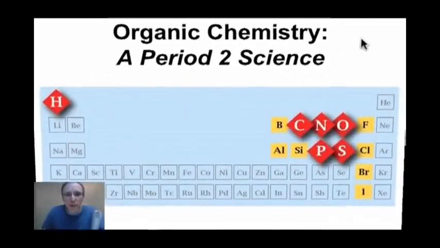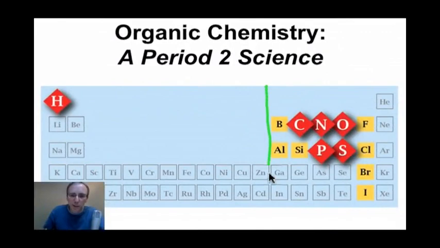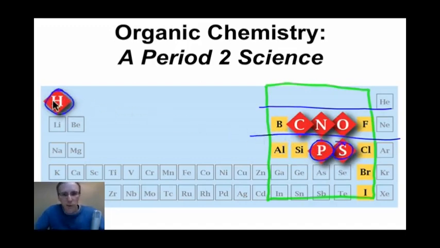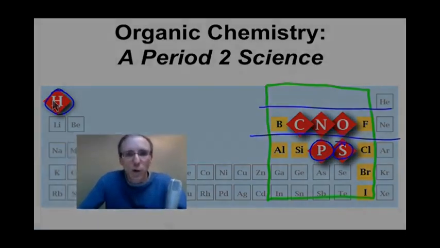I think you can see that if you're interested in living systems, it's the P block of the periodic table where all the action is at. We're going to be especially interested in the second row, the period 2 elements, because that's where carbon, nitrogen, and oxygen are found. There's a couple of third row elements, phosphorus and sulfur, that are important, and of course hydrogen is important as well, and those are the main elements of organic compounds that we'll be studying over the coming